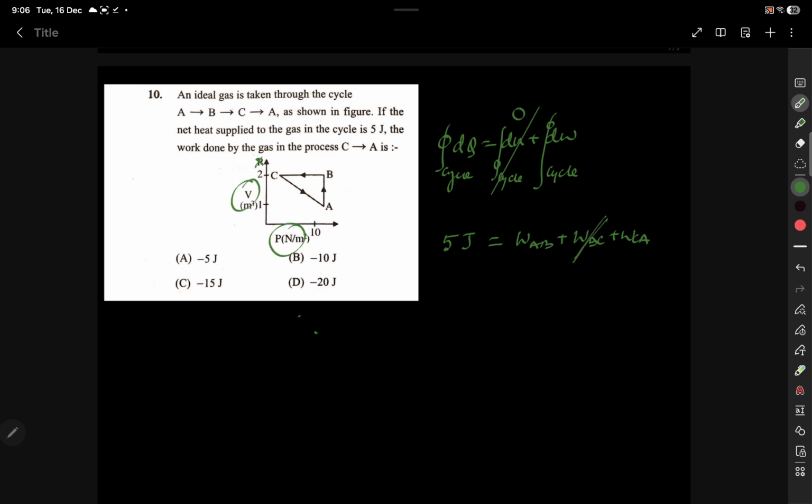Yeah, this is V, this is P, and for Wab there should be P into delta V. P is given as 10, delta V is 1, so 10 into 1, that's Wab. And Wca is minus